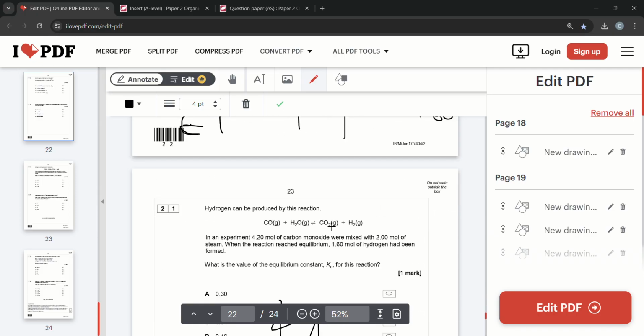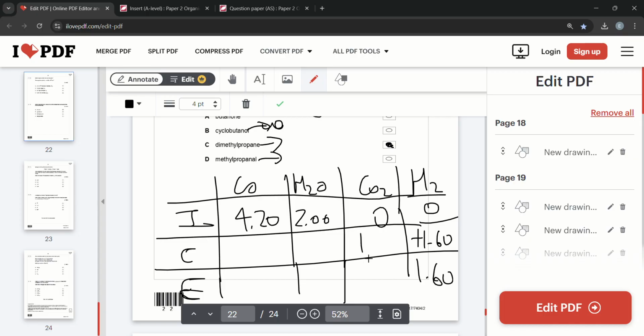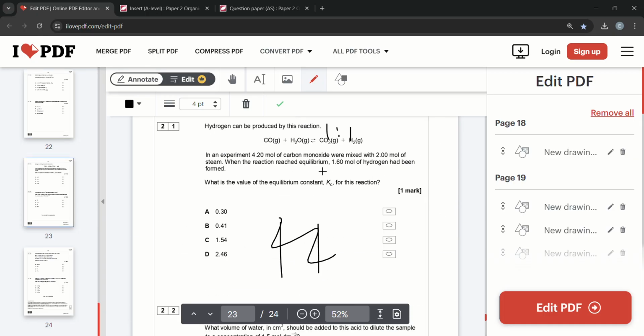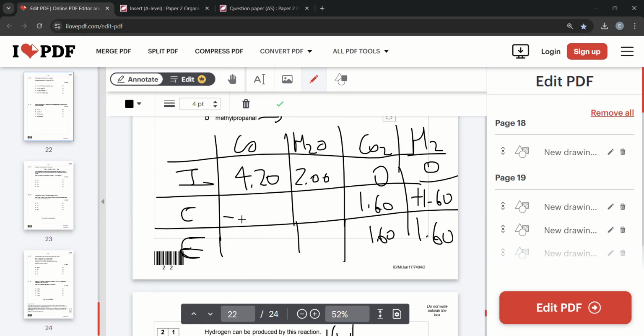And the thing we know is carbon dioxide and hydrogen both have a 1-to-1 molar ratio, so we're going to add 1.60 as well. Now for carbon monoxide and H2O, for adding 1.60 in here, we're going to have to subtract 1.60 for the reactants. That's exactly what we do. 0.40, 4.20 minus 1.60, 2.60,